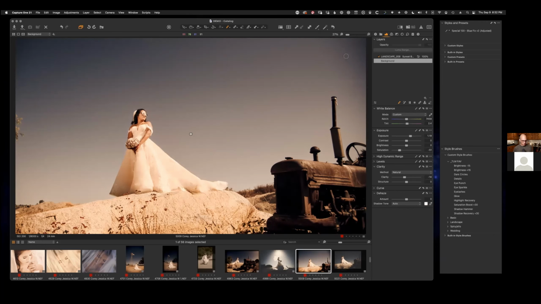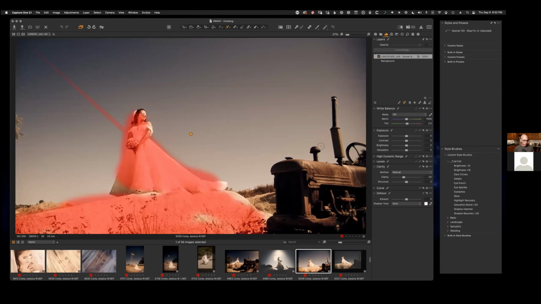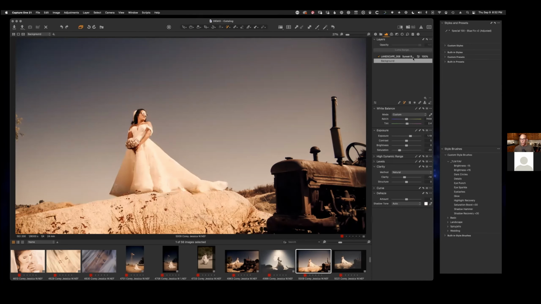clarity or dehaze. One of the ways that we could do that, we already saw how we could do that with a magic brush, right? But the magic brush is going to be grabbing a lot of stuff. Okay, see, because I scraped it across the screen. There we go. But one of the things that I can do is